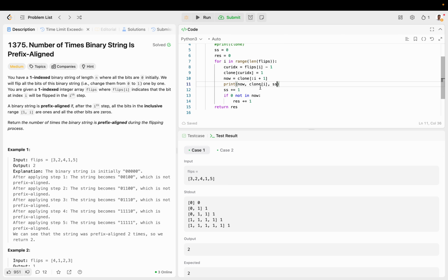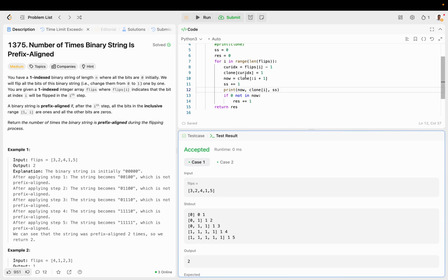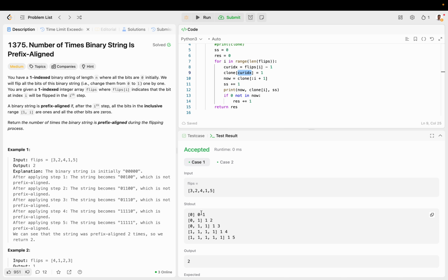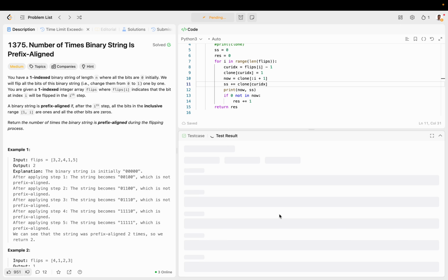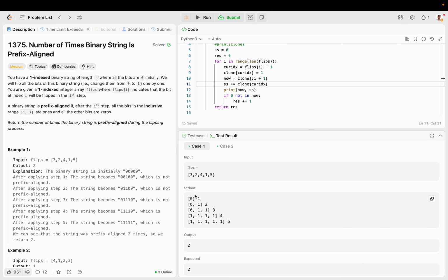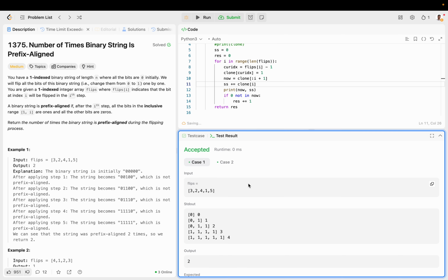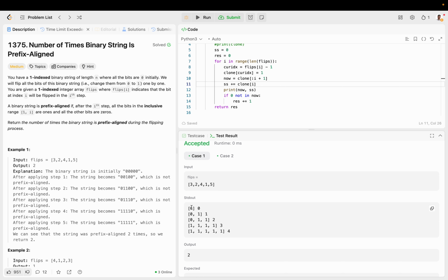Let's go into print subarray sum, because we know that we're going to add another one, right? No matter what. So let's print this. Okay, so that's not correct because clone cur index. So let's see, or clone of I I think. Okay, clone of I is correct because again, clone of I is the rear one, not cur index, sorry, because